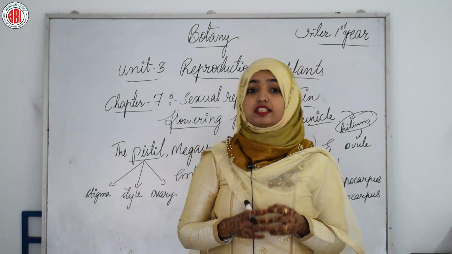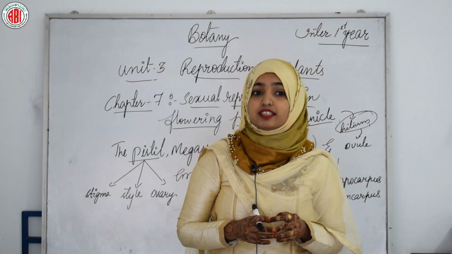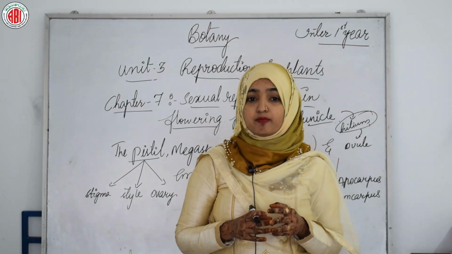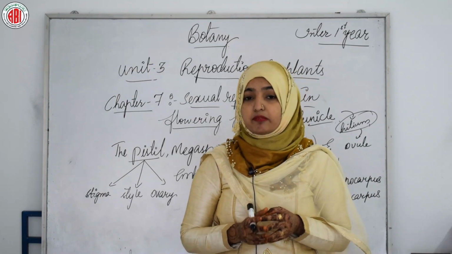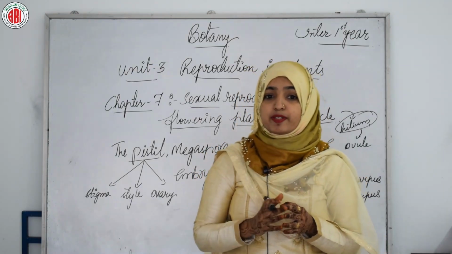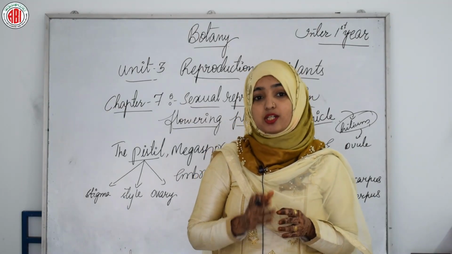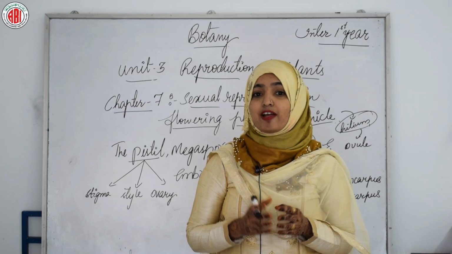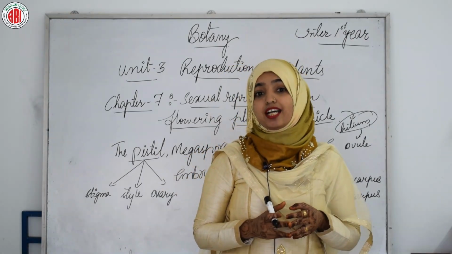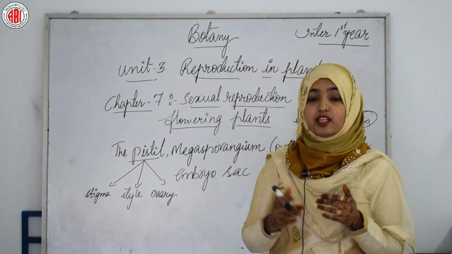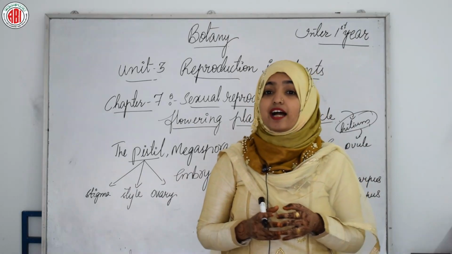Enclosed within the integuments is a mass of cells called the nucellus. In Loranthus the ovule is not covered by integuments, and Helianthus and Datura ovules are covered by a single integument. It means that it differs from one species to another. In monocots and polypetalous members the integuments are two, and cells of the nucellus have abundant reserve food materials. Located in the nucellus is the embryo sac, or the female gametophyte.